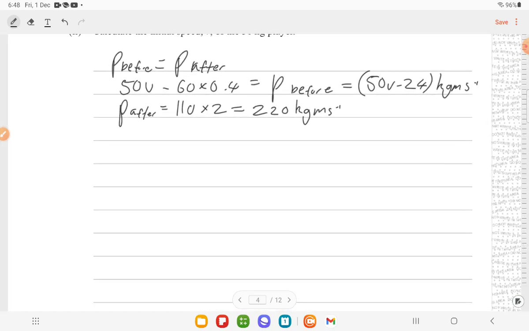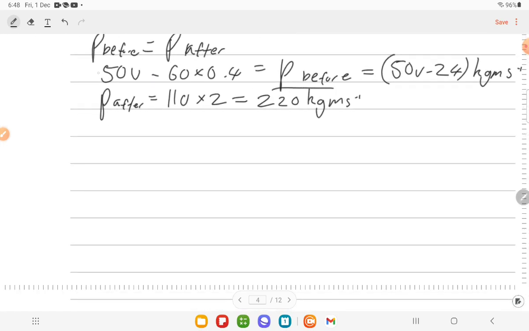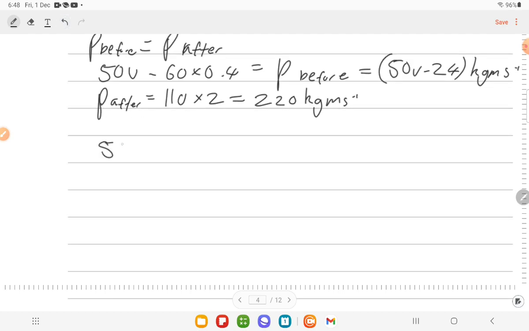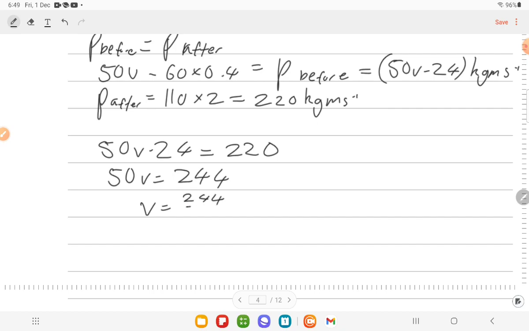So p before is equal to p after. So 50v take away 24 is equal to 220. 50v is equal to 244. v is equal to 244 over 50, which is equal to